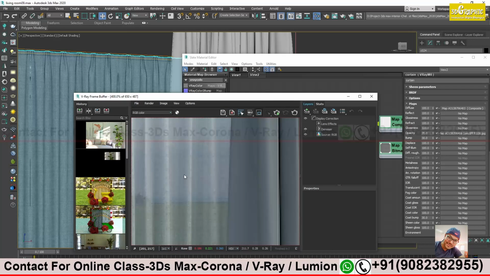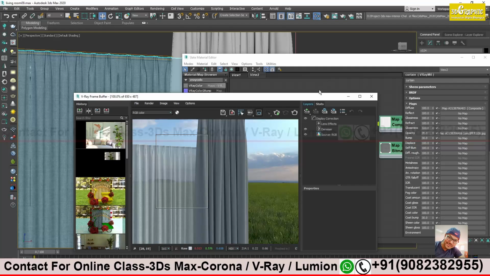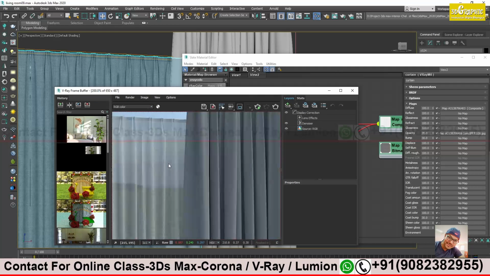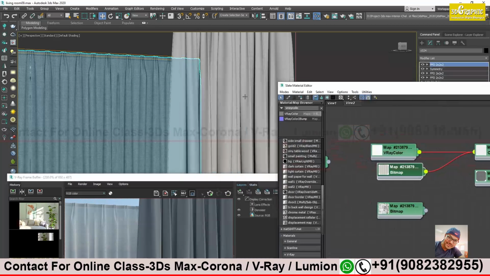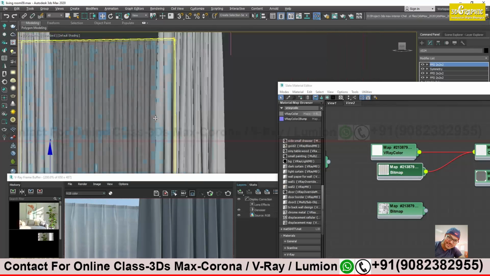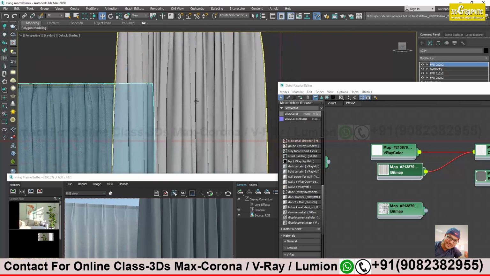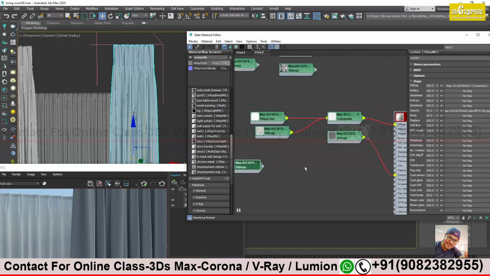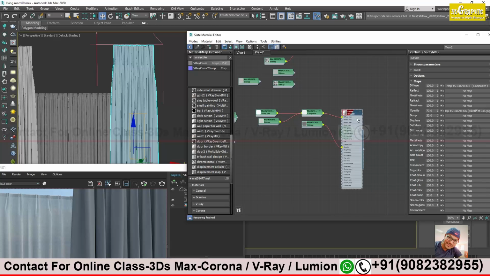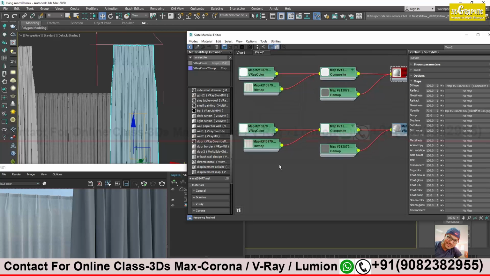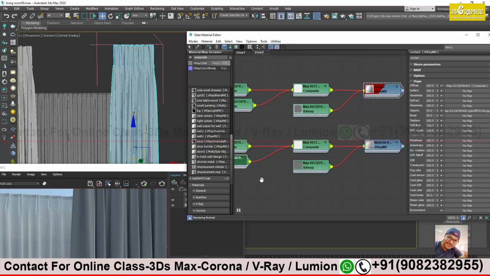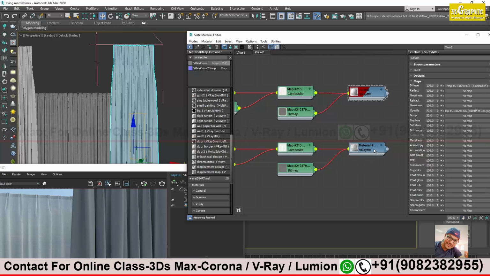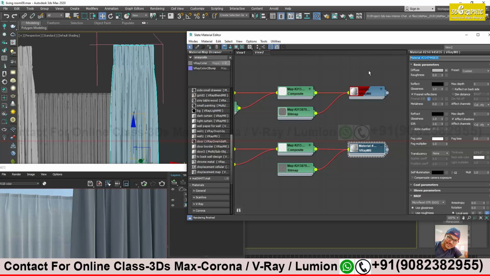Let's do the darker curtain. I think with more light, it will look more beautiful. Anyway, let's continue. We can copy the same material, decrease the opacity and change the color. What I can do over here, I will just select everything, copy it once again over here, and for safety reason I change the name.